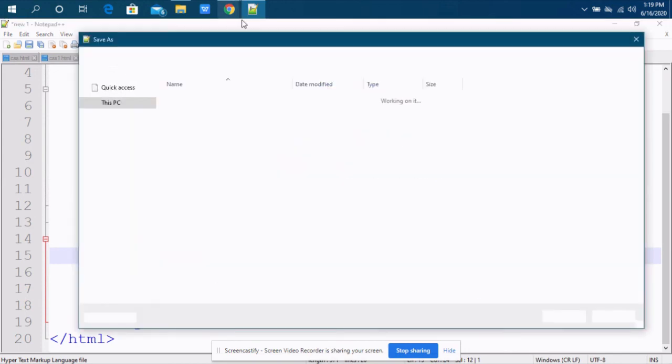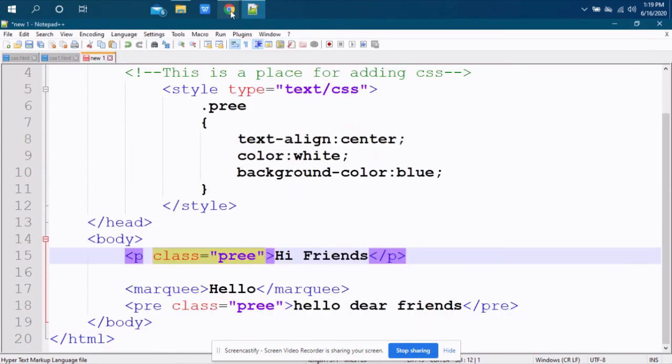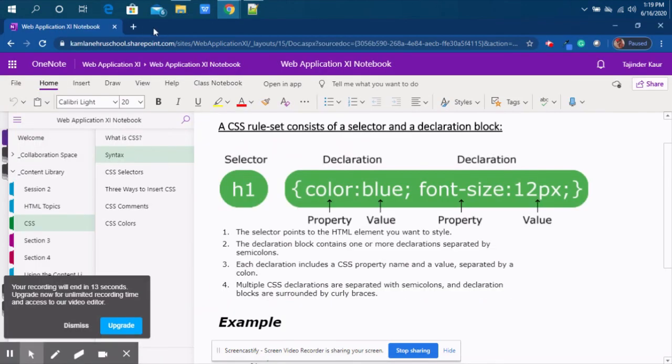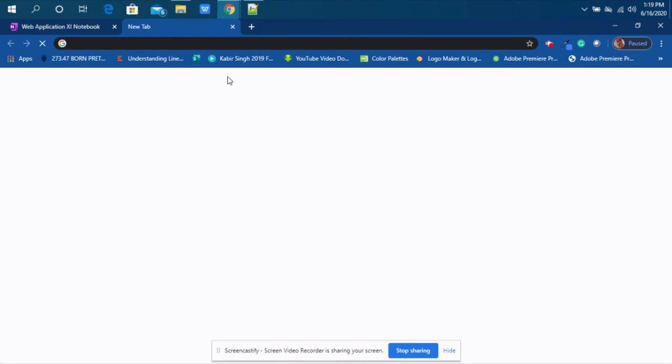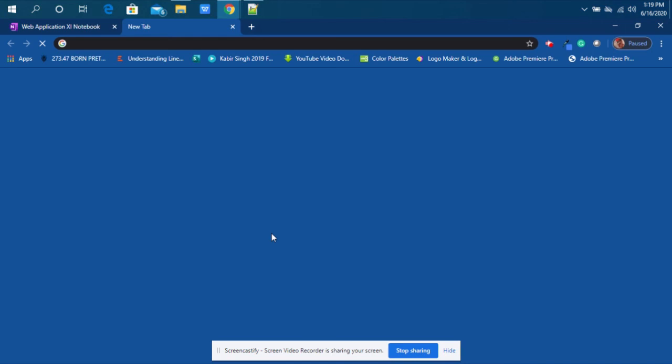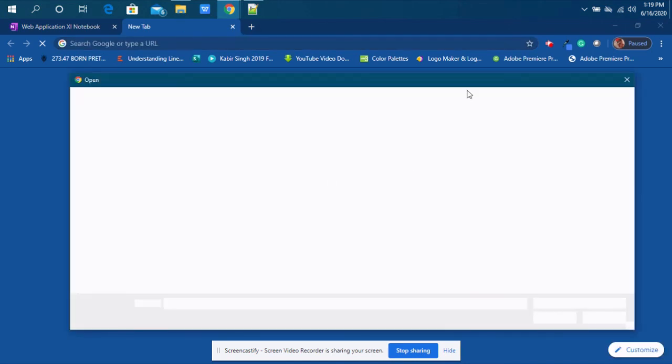Then again you need to go to your browser. Here I'm opening the file. I just open the file which we have edited right now. What I'm going to do is locate your